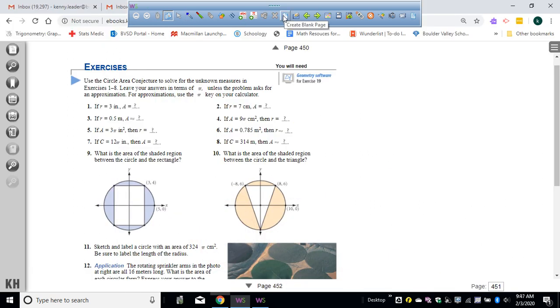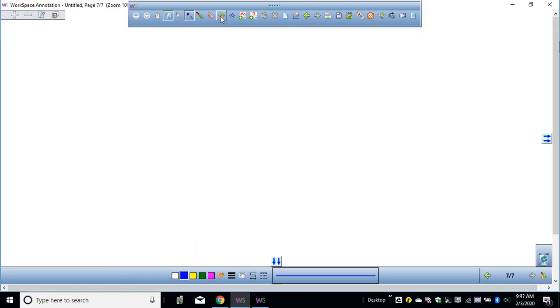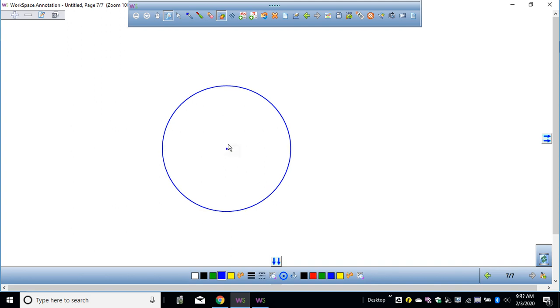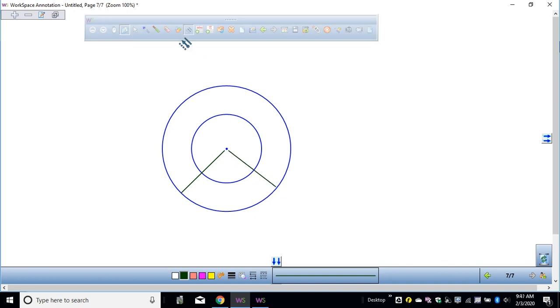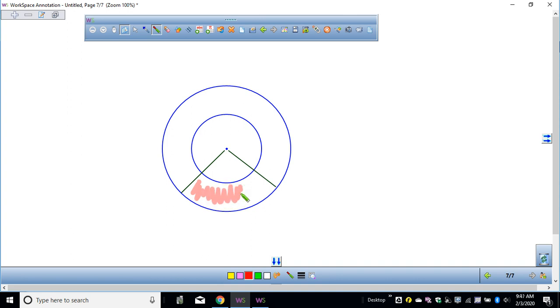Circle, circle, angle, angle. No, not a circle, I meant to draw an angle, angle, angle, and then I'm going to shade this part here, and this is not going to be to scale, just so you know. So the area of the shaded part,